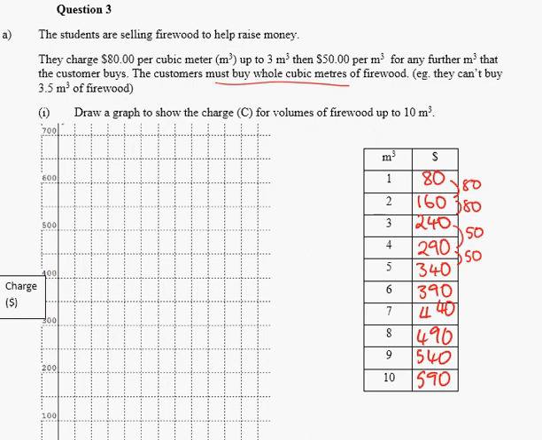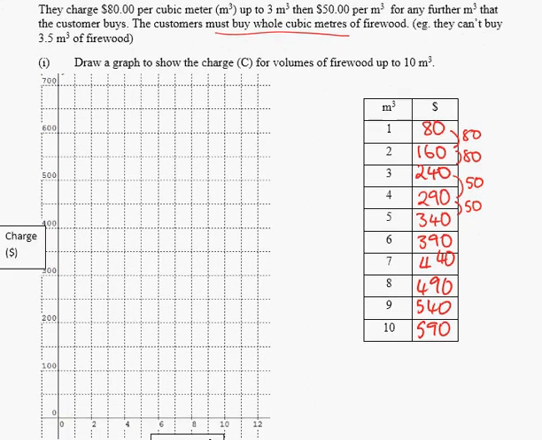Right, now I'm asked to draw the graph. C for the charge up to 10 metres cubed. Right, so 1 costs 80, 2 costs 160, 3 costs 240, then it changes. 4 costs 290, the next one is 340,